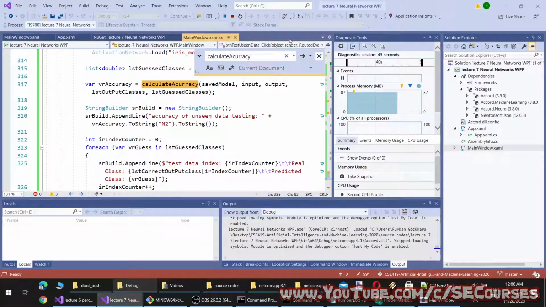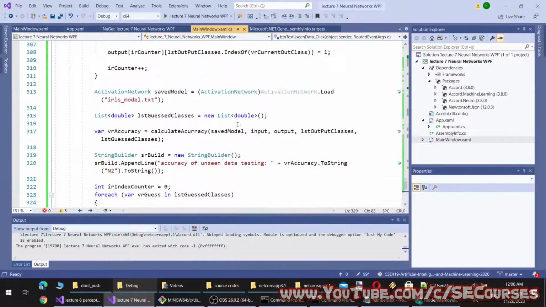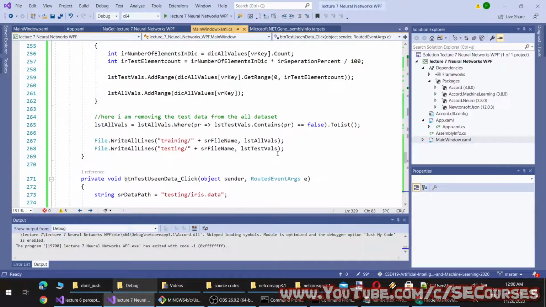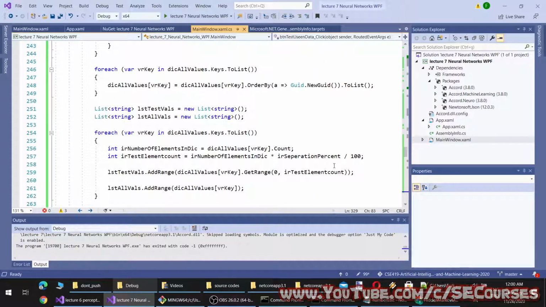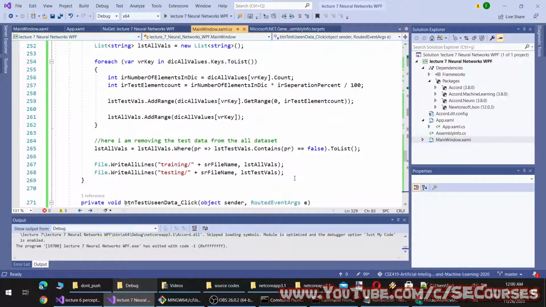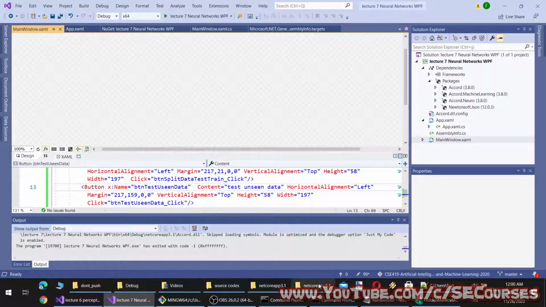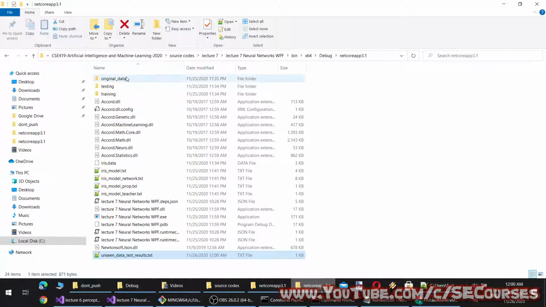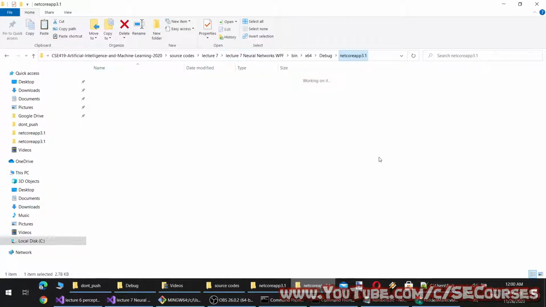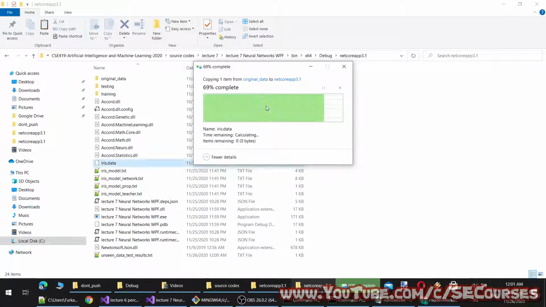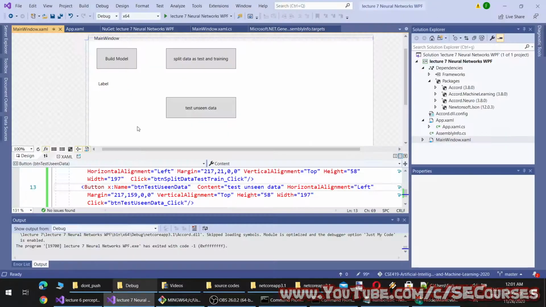And what if we make it 50-50? So we will make the training set percent lower and testing set higher. To do that, first I have to copy the original data, or I can make it like this. One second.